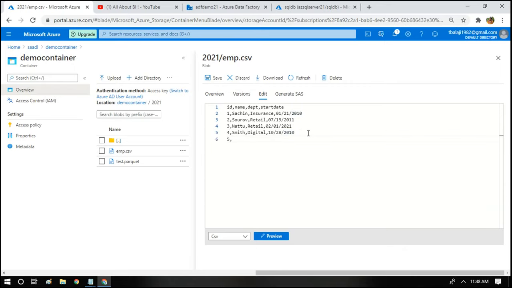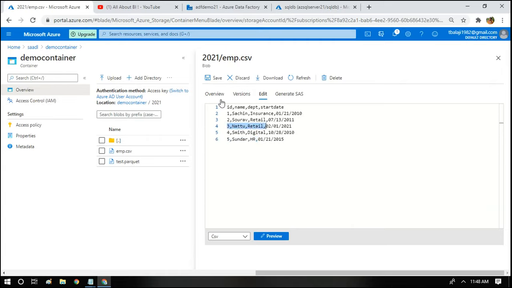I'll say maybe Sundar, and he belongs to HR. So the start date would be 21st January 2015. So we have inserted a new record, number 5, Sundar, HR. This is a new record, and we have updated Nattu to belong to retail.